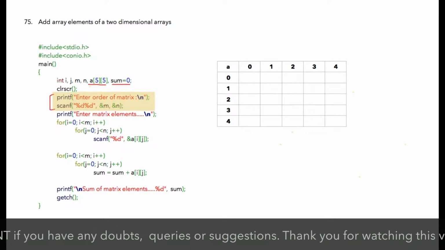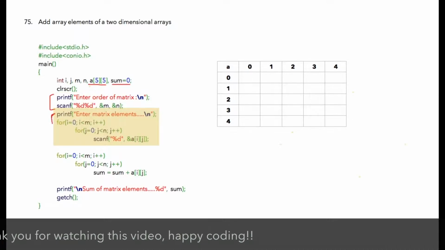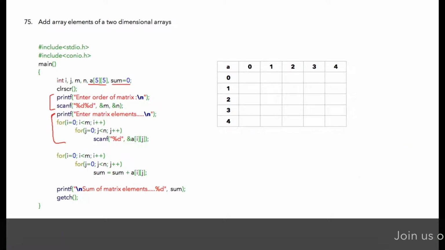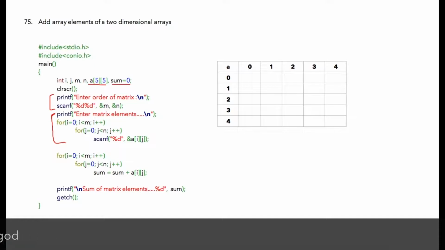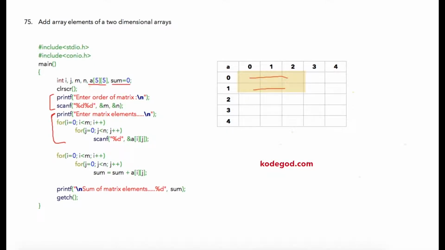We are going to accept m by n matrix size from the user, and we are going to ask user to enter all matrix elements. Once that is done, we just need to add all the matrix elements. So suppose user has entered 3 by 3 matrices, then all of these values we need to consider for addition. So we'll simply write loop for rows and columns, and then write the statement sum is equal to sum plus